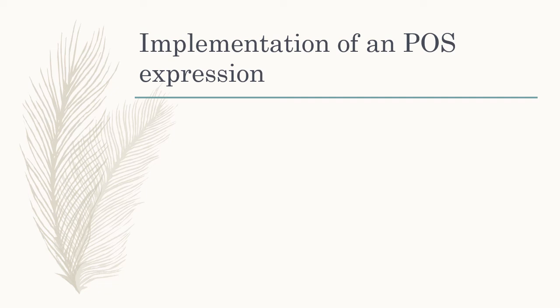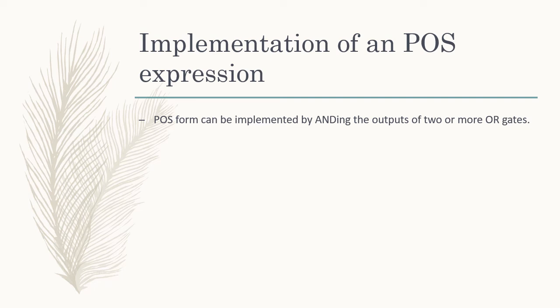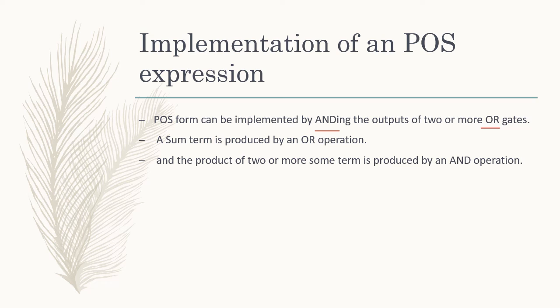So now let us see how we can implement the POS expression. Again, for product we just have to take the AND gate, and for addition or sum we have to take the OR gate. So that's why again we can say that we can implement POS expression by the AND OR logic. So now here a plus b, b plus c, c plus d, we just have to implement it. So for a plus b we are using the OR gate. Then for b plus c again there will be one OR gate, and next is c plus d.